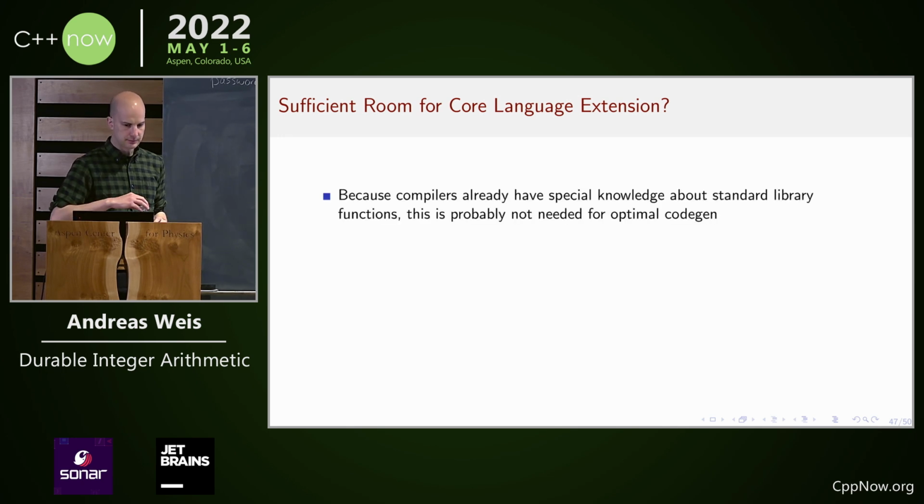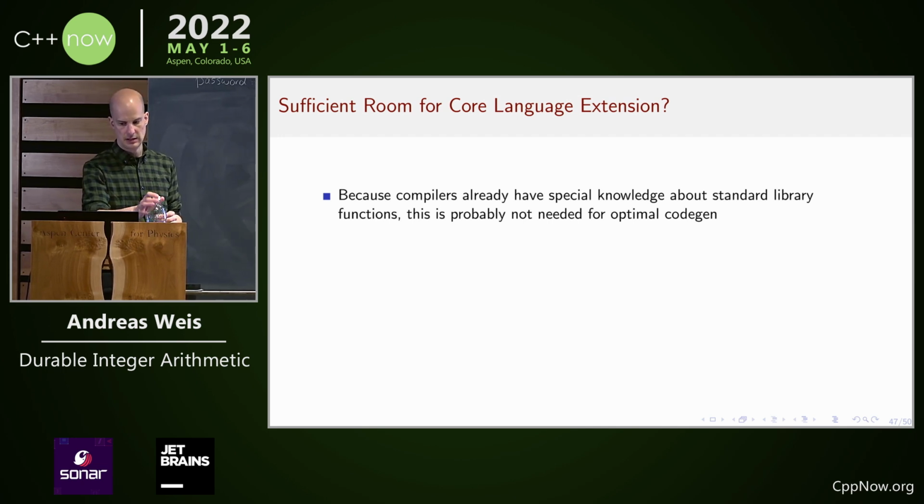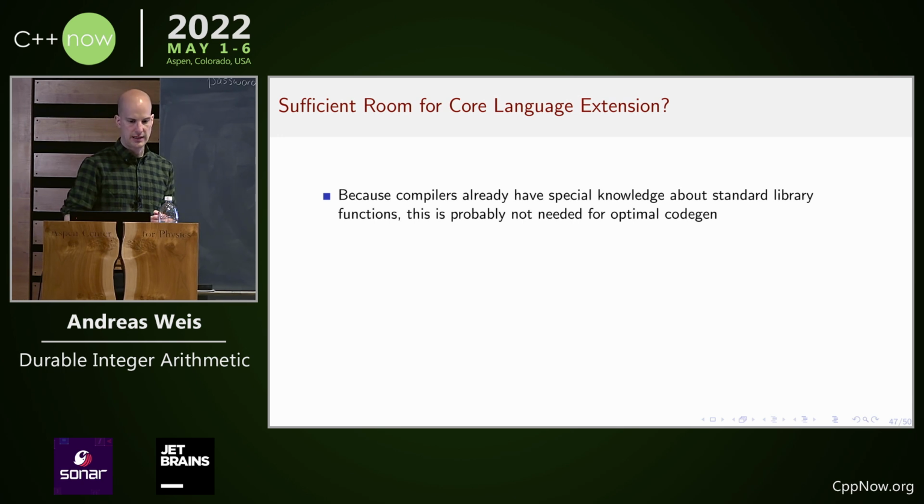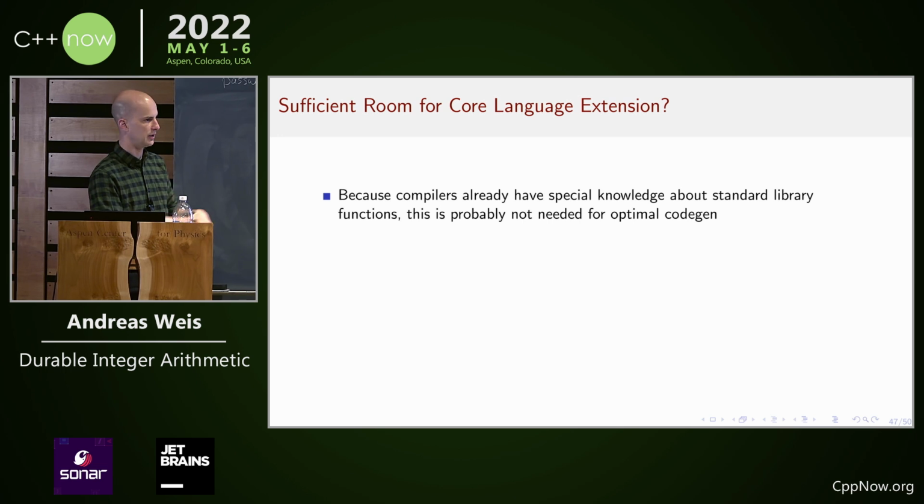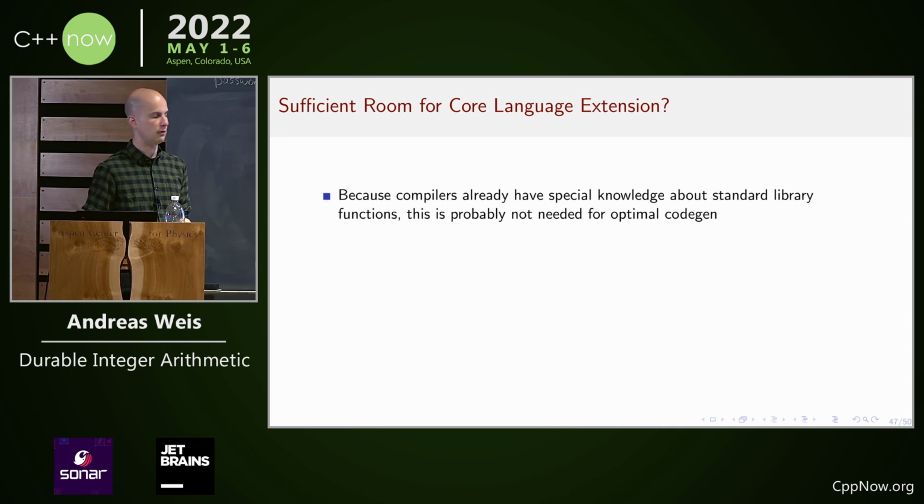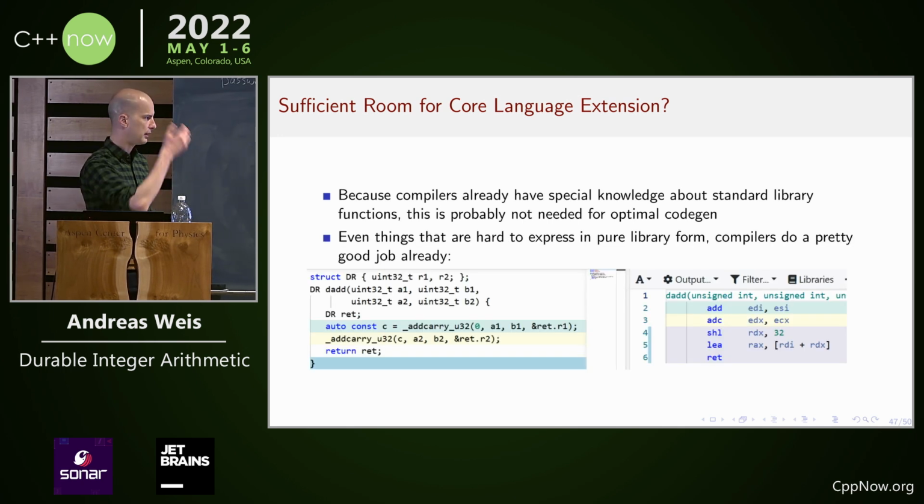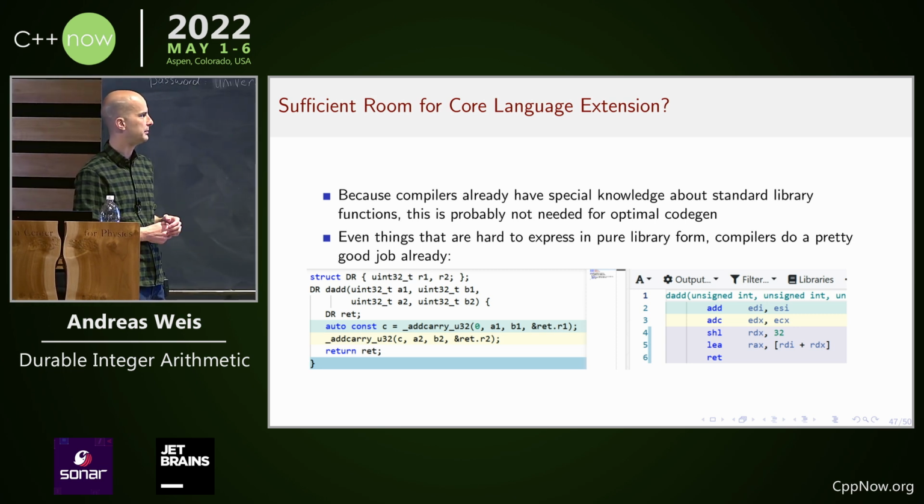And I think it's really enough to have it in the library. I ran some experiments, and I think compilers are good enough these days at doing this special reasoning about standard library functions that we don't need core language support. So in particular, even complicated things that were not possible a couple of years ago, compilers can now do. So this is an example of